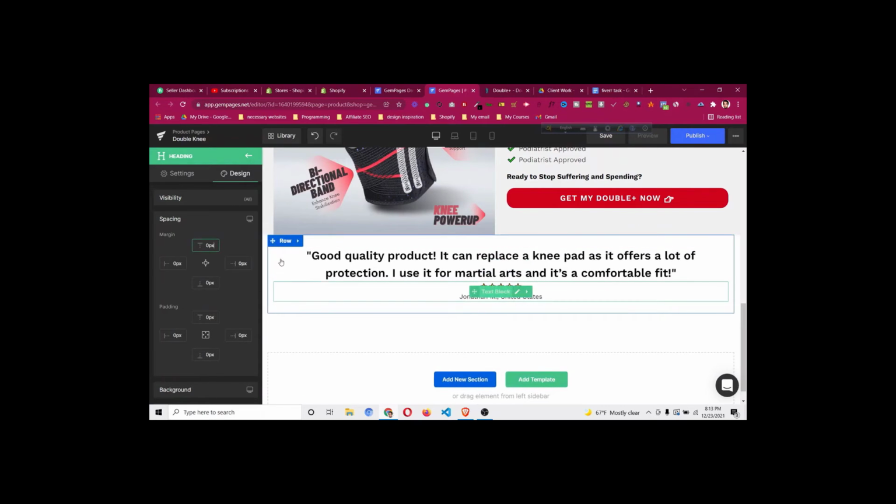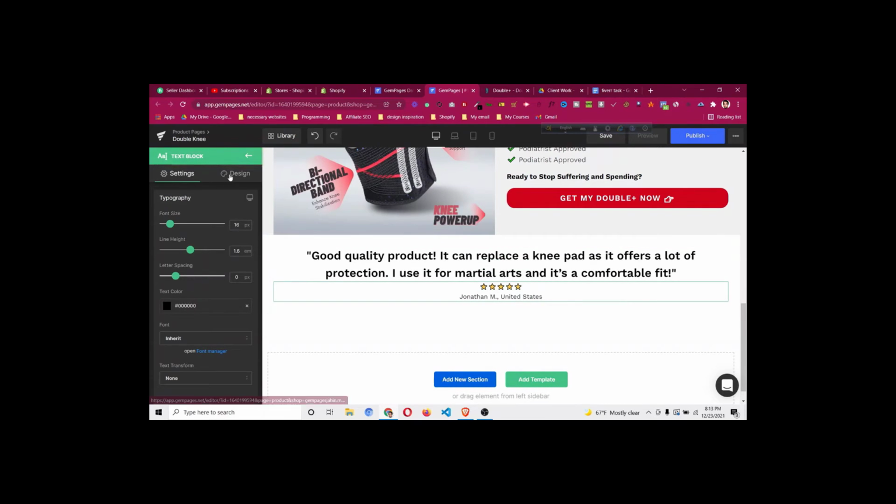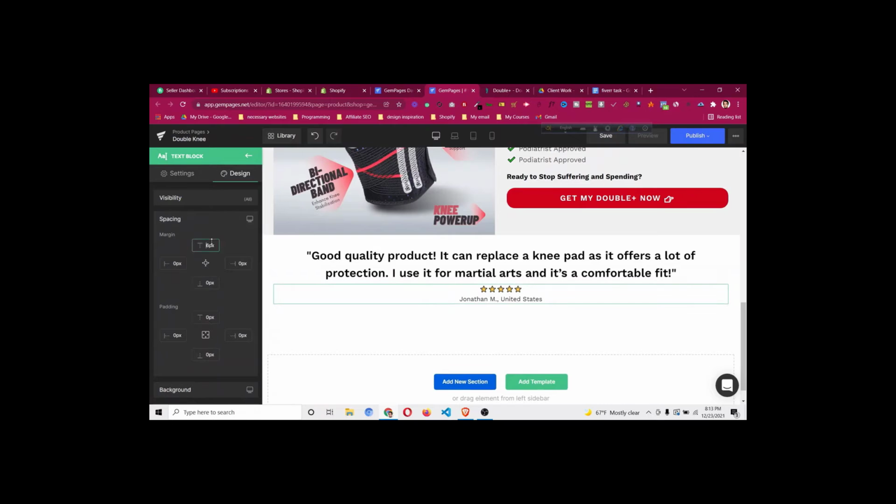Okay, so you can just give it a spacing. Click this text block, go to Design, go to Spacing, and then give it a margin of 10. Okay,